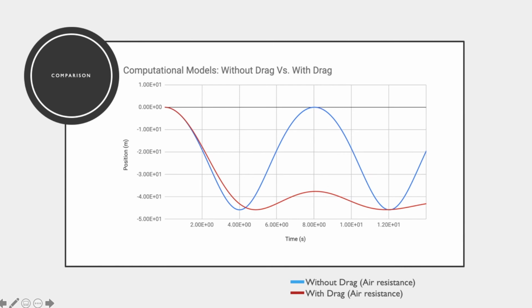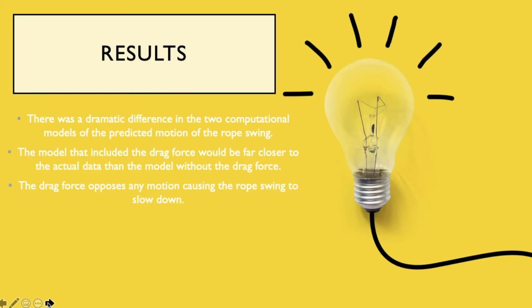And for our results, as we saw in the Excel spreadsheet, there is a dramatic difference in the two computational models of the predicted motion of the rope swing. The model that included the drag force will probably be far closer to the actual data than the model without the drag force. And also, we can conclude that the drag force opposes any motion causing the rope swing